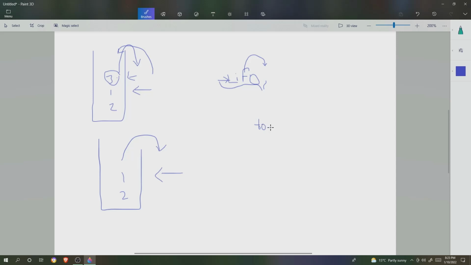Top operation means it will give you the element from the top of the stack. Another is isEmpty. isEmpty will tell you whether the stack is empty or not.